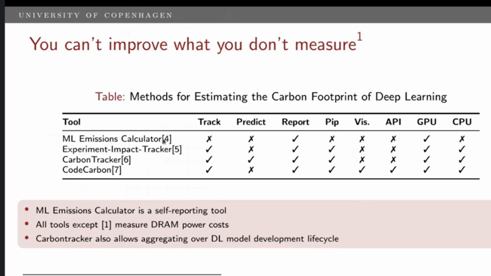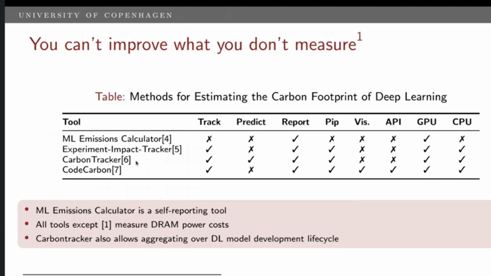For instance, the first tool is a self-reporting one, where you do your experiments and then fill in a form saying, I ran this particular model for 1 day on this particular hardware in this country. And then it does an emissions calculation and gives you, based on what you reported, the GPU and memory cost, the energy consumption. The other three are Python packages that you can install and integrate into your training script so that it can query the hardware regularly and give you a more realistic energy consumption picture.